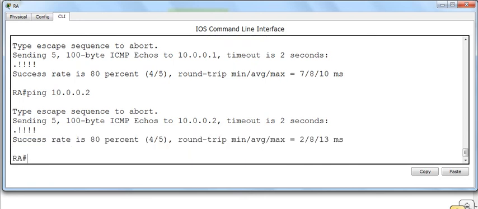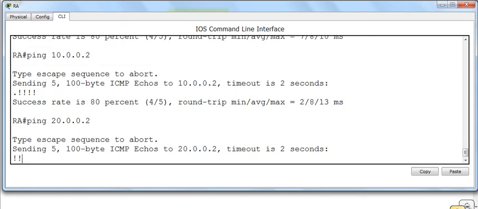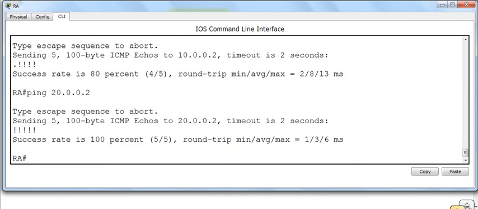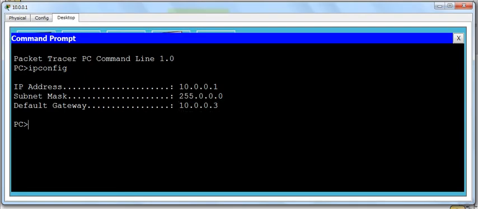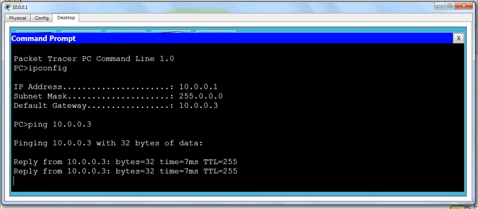It will. Likewise, I ping 20.0.0.2, which is the address of the adjacent router. So directly connected adjacent devices are able to talk. But the problem is, when I ping from here, my gateway, it will ping. Definitely it will ping.